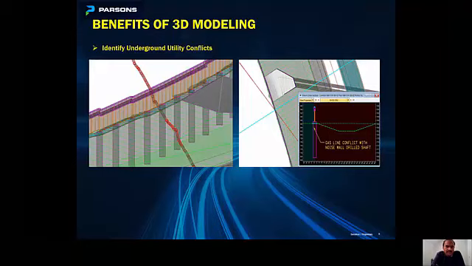And as you can see in this picture, there was a gas line that was in conflict with the drill shaft for the noise wall. And then we were able to adjust the spacing of the drill shafts to avoid this conflict. So there is one recommendation here: if there are any noise walls or CAP walls being designed, then it's very important to lay out the drill shafts on the plan view so we can check for any potential conflict with the underground utilities, and also with the drainage.